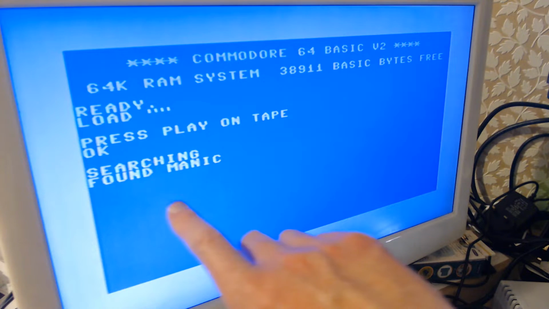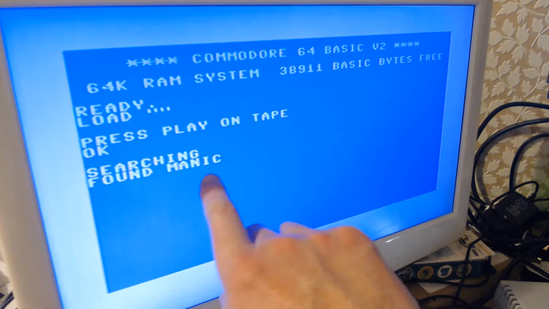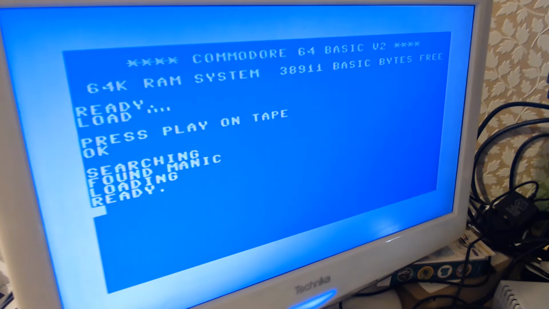So let's find, we're searching, found Manic. What I'm going to do is pause the video while this loads. Oh no! Hang on a minute, that was too quick. Okay then. So that's the basic loader. I'm guessing that this has failed to load already. Oh no. So I think what's happened,